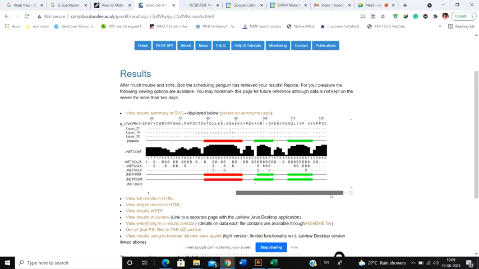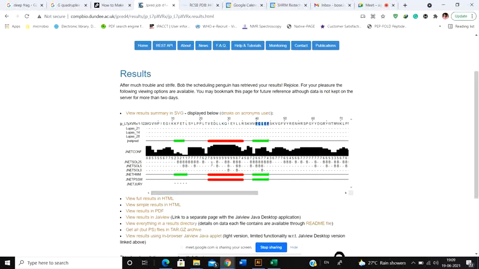So all these are structured like that. But there is one thing. What are all these Janet, Sol 5, Sol 0? These are the different algorithms that predict your structure. In this particular server, they are not predicting your structure with a single algorithm. Rather, they are using multiple algorithms, and all these algorithms are different, and they are predicting whether your molecule is part of this particular secondary structure or not.